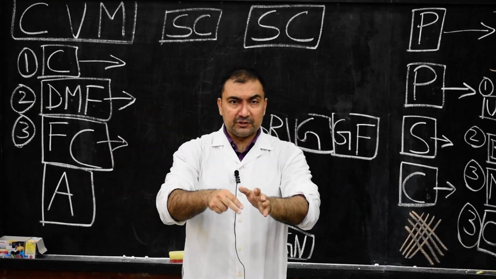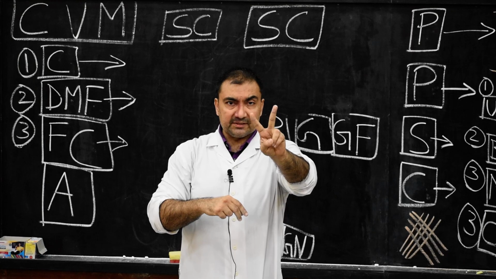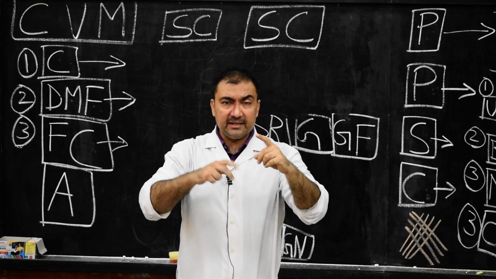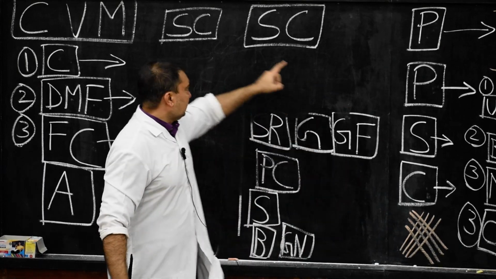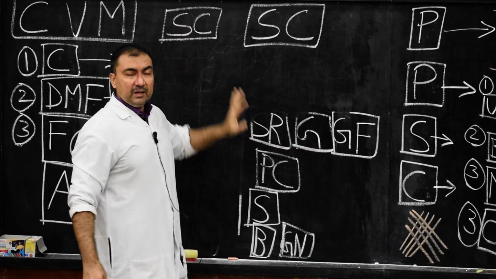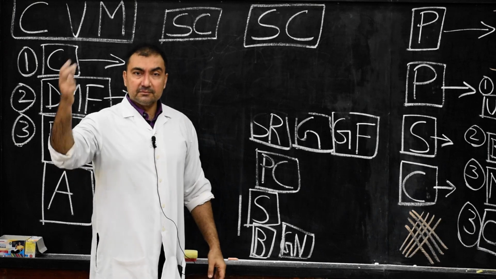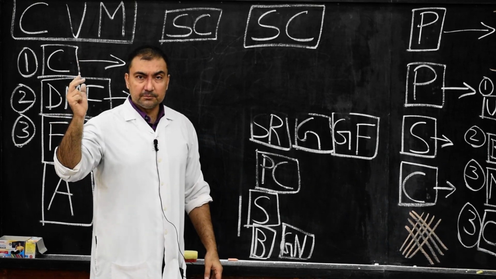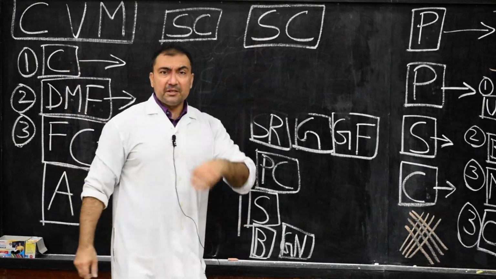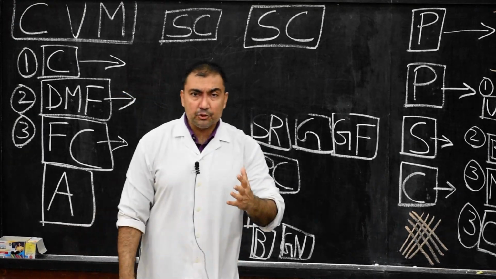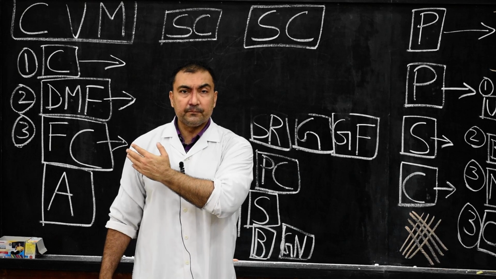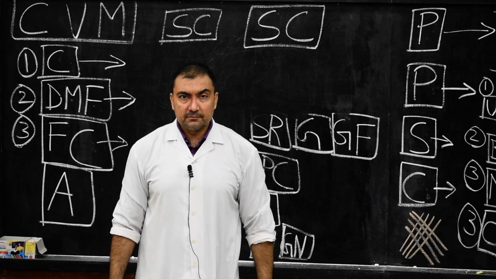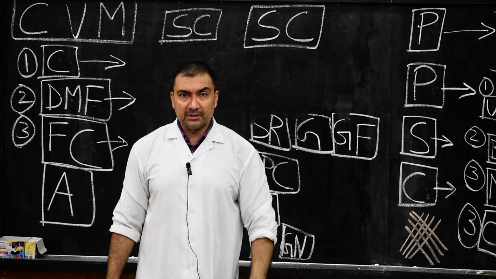Once again, I will make you understand: whenever a muscle is acting on the bone, according to vector analysis, it will produce a force which is resolved into two components, and both components are acting at right angles to each other. The first component is the swing component, which will tend to produce angular movement of the bone. The second component is the shunt component, which will tend to produce the force which is directed across the shaft of the bone towards the joint. So that is called the shunt component.